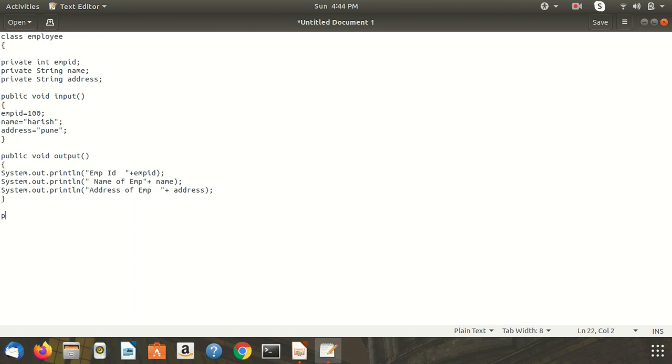Now define the main method, public static. This is a static method, with args.